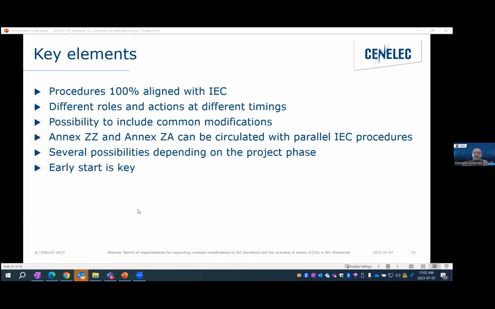As we have highlighted, the roles are different at every step, and the actions will depend on what timing you are in relation to the IEC status. So I think this is important. We are aware that this is far from being simple, but as there are so many different possibilities,